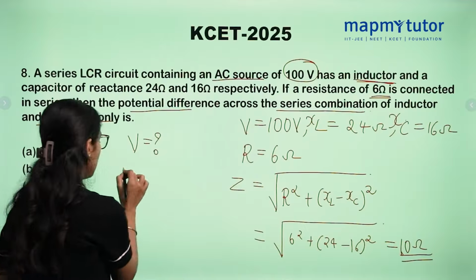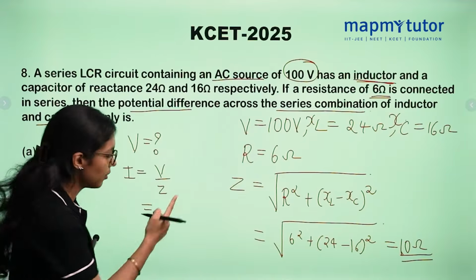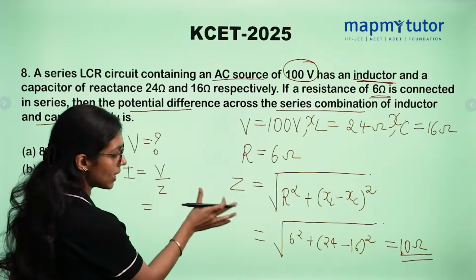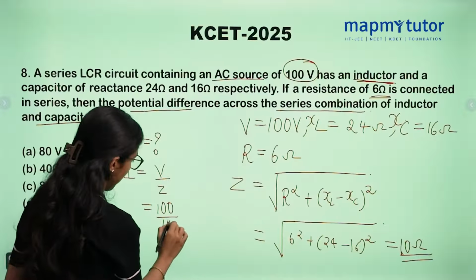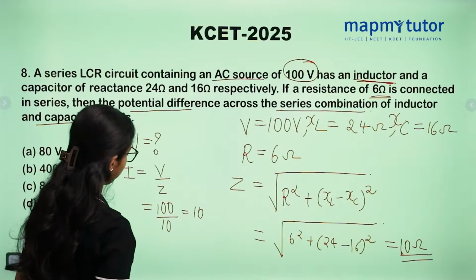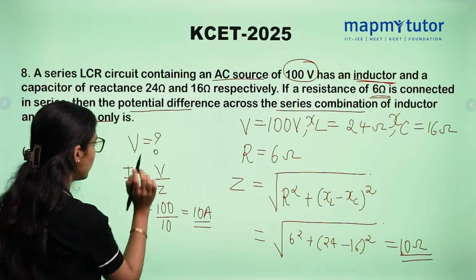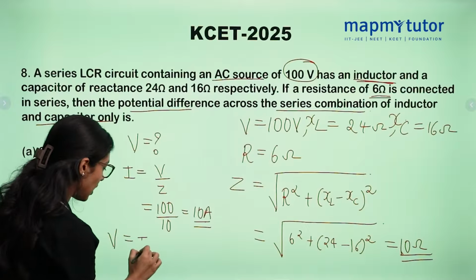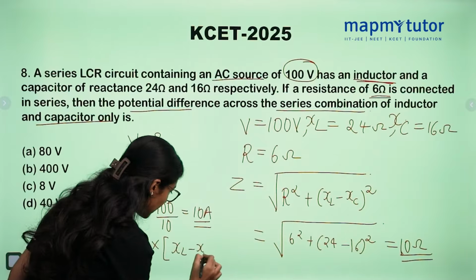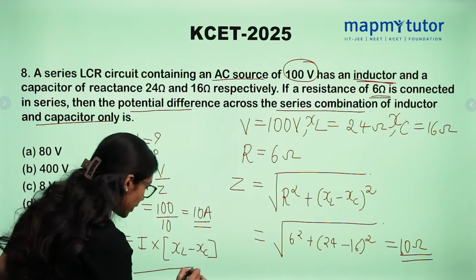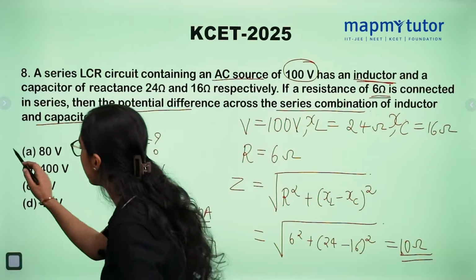Okay, now, I equal to V by Z. V equal to IR, from here I'm taking the impedance value. So that is nothing but 100, which is given to you, and this is your 10. So that you will get 10 amps. Okay. Now what you do? You put these values in your V. Again, you will have your formula, I times XL minus XC. It is a direct formula. We all have learned these formulas. I hope you know that. Now simple substitution. You substitute your answer. You will get in volts, which will be 80 volts. So your option A will be correct.